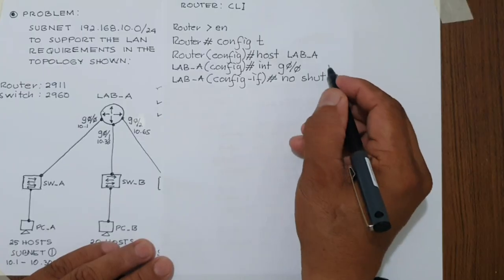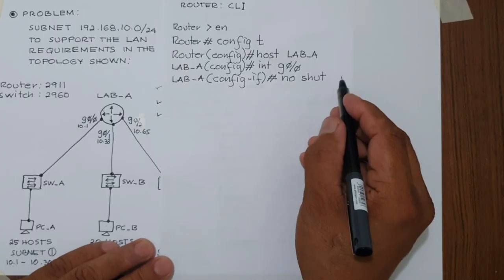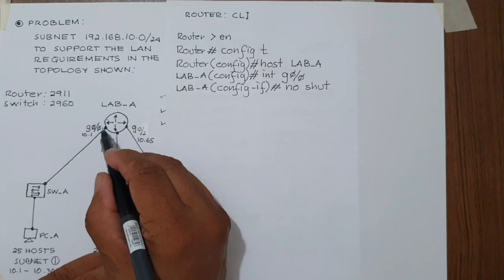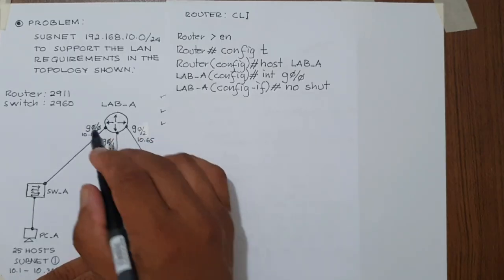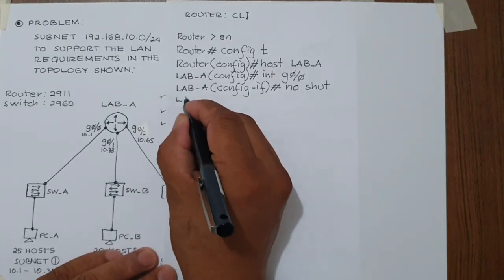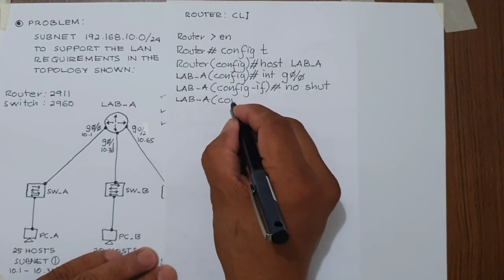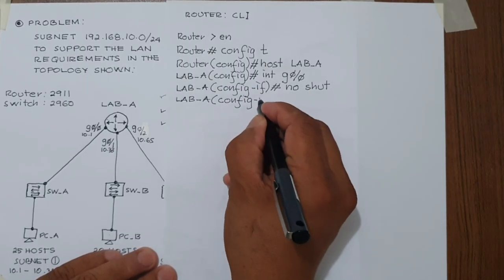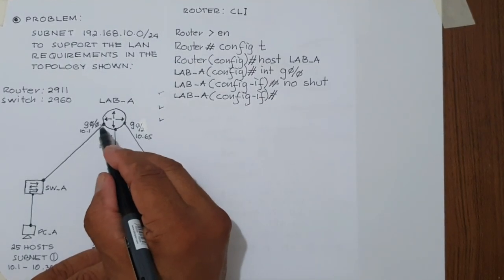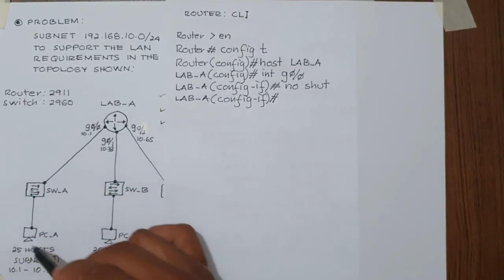Again, by default these interfaces are shut down, so if we issue no shutdown, this will turn on. As we press enter, this now turns green, manifesting that these two are now physically connected. Then pressing enter, we come out with the same prompt, the same interface. So we now assign the IP address allotted for the interface, and that IP address will serve as the gateway of all the PCs here.